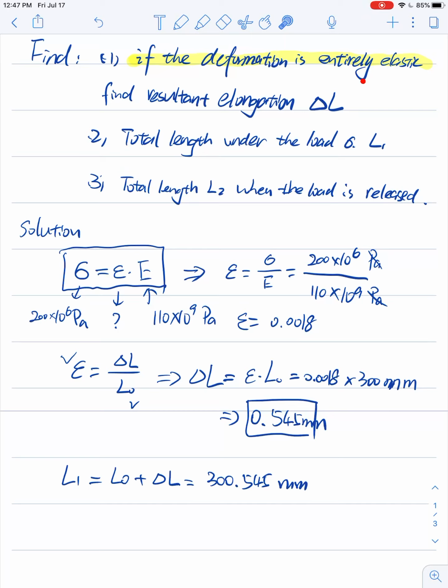Here, this sentence gives you a very important hint. The deformation is entirely elastic. Therefore, it will recover 100%. That tells you once the load is released, L2 is going to equal L0, which is 300 millimeters, due to the